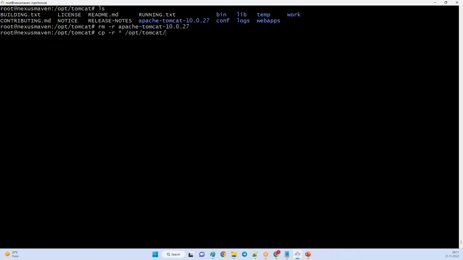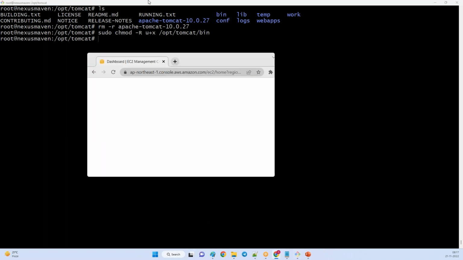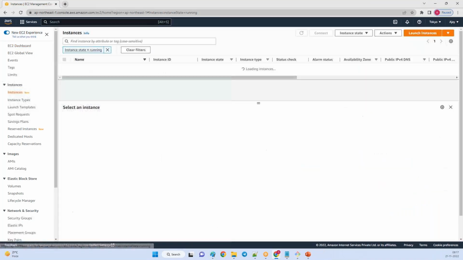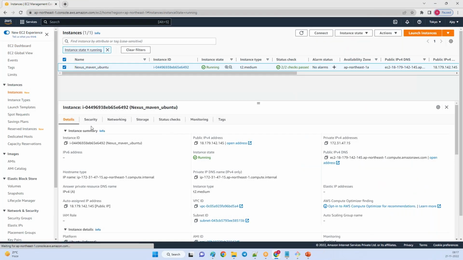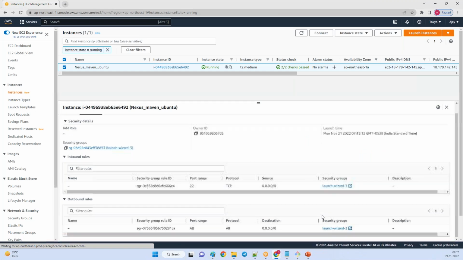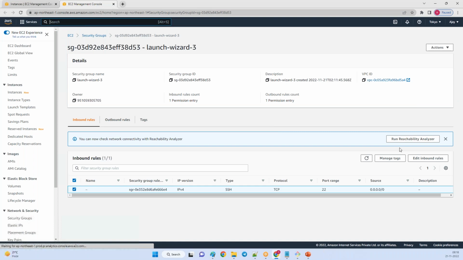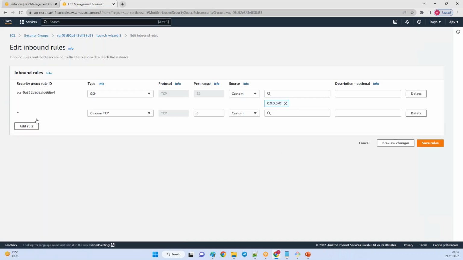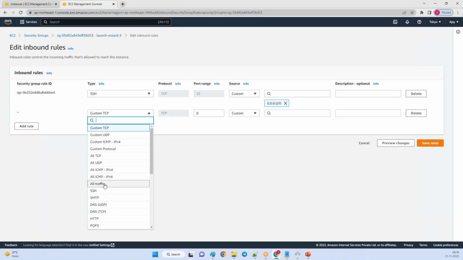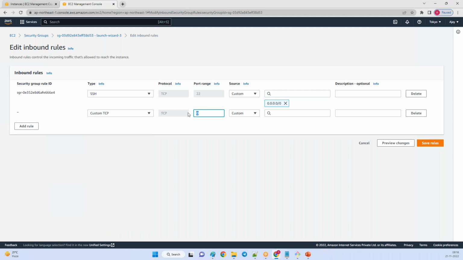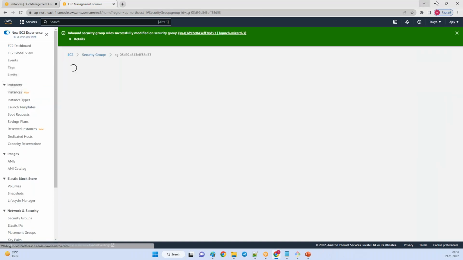So now if you run this command and you don't get any error, it's because I moved all of them. So now we are good with the process, right? The only thing you have to do at the server level is open port 8080, because Tomcat is using 8080. So let's go into this security group, click on edit inbound rules, and open custom TCP port 8080, which will be helpful to open Tomcat.